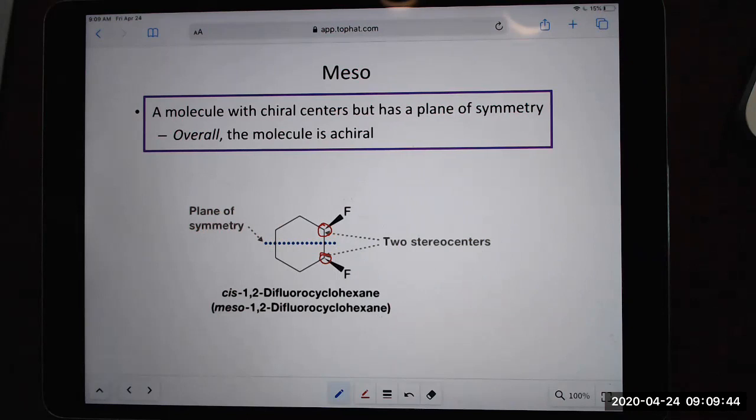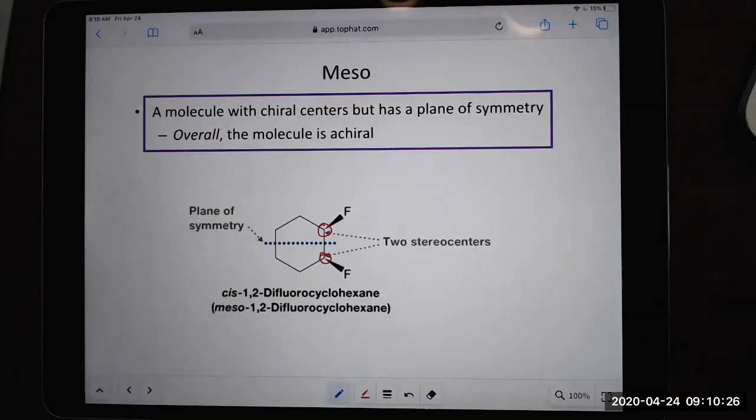So if we have it so that they are, let me switch the camera again so you can see this. If you have the two fluorines pointed towards you, its mirror image would be that, where they're both pointing away from you. Notice how I just flipped it. That means that they are in fact superimposable. So